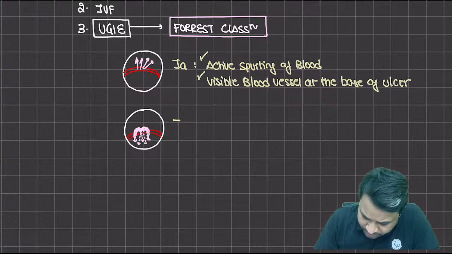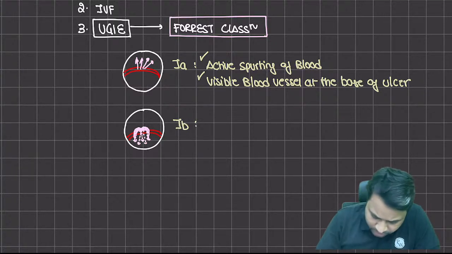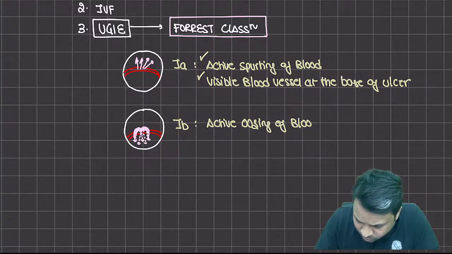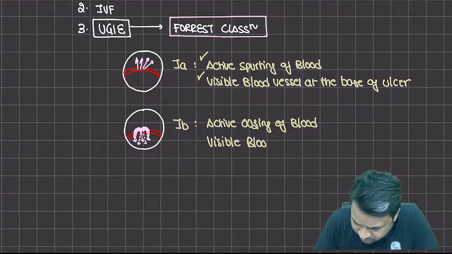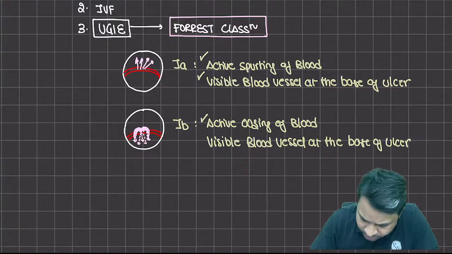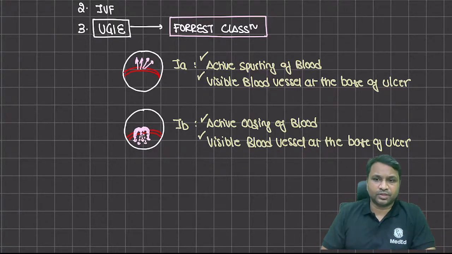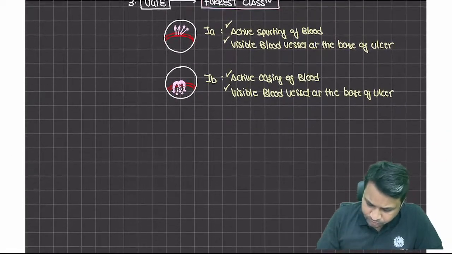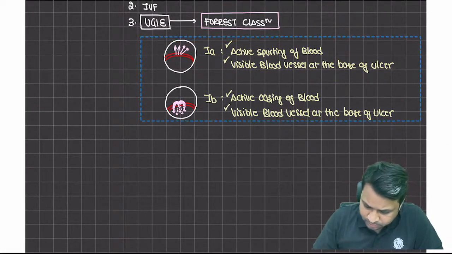So in a 1B, there is an active oozing of blood, and this also consists of a visible blood vessel at the base of the ulcer. That is your 1B variety, right? Next you have,